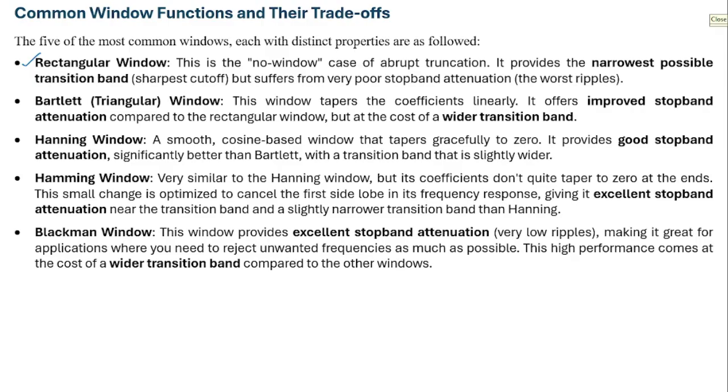So you just need to go through those equations, you have to memorize that, and if you get a numerical question on that part, then you have to implement it just by putting the values of small n. Okay, so the rectangular window is the no-window case of abrupt truncation, so it provides the narrowest possible transition